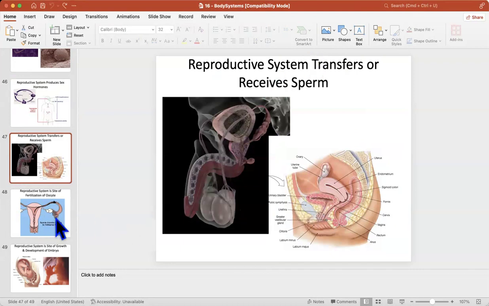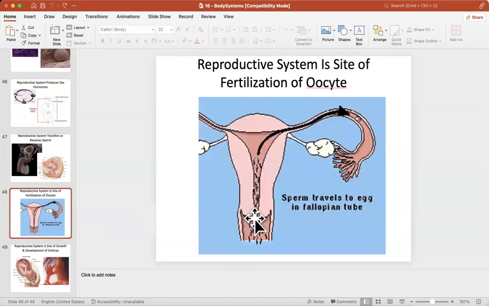Sperm will go in from the vagina and swim through the whole uterus. It's a long journey. If you think about the sperm size, they're cells, so they're pretty small. And they go through the whole uterus. The uterus is like an avocado, a reverse avocado. That's the size of the uterus, and it's pretty big. So the sperm have to swim through all this and then go through the fallopian tube